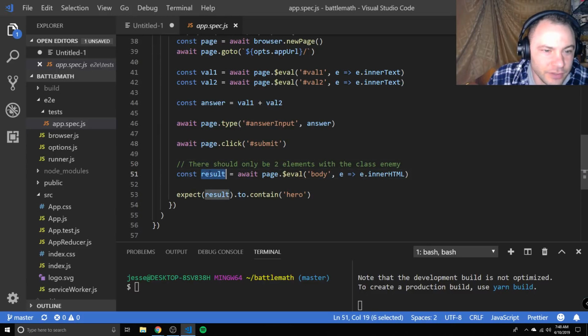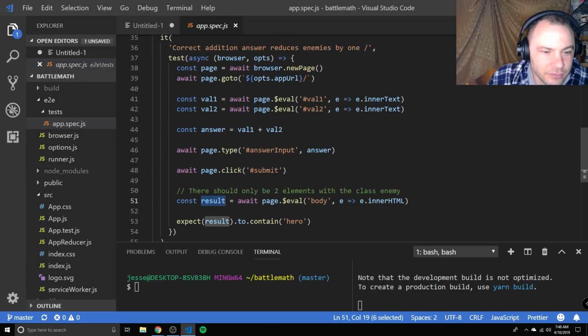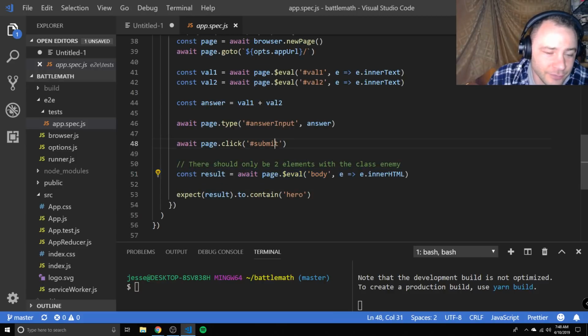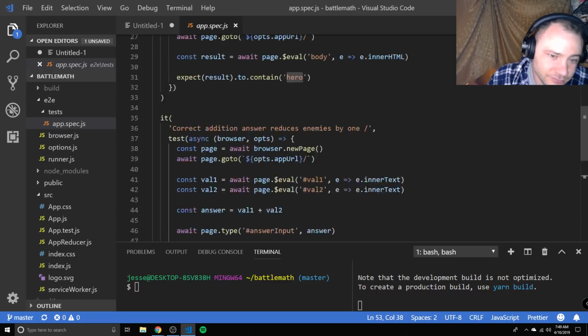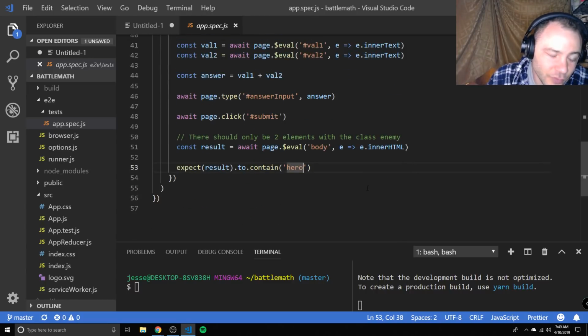So we have our result now would be, after we've clicked submit, we're going to check for our inner HTML, and we should be able to expect the result to contain, and instead of hero, we could say enemy, but we want two enemies. Alright, so that's the issue. Expect result, number of